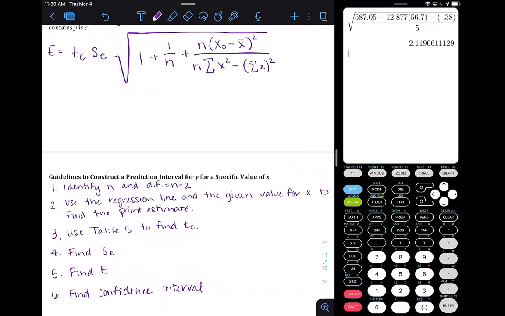Identify n and find the degrees of freedom, n minus 2. Use the regression line and the given value of x to find the point estimate. Use table 5 to find your critical value. Find your S sub E, which is the formula we just wrote earlier. Then find your margin of error, E,